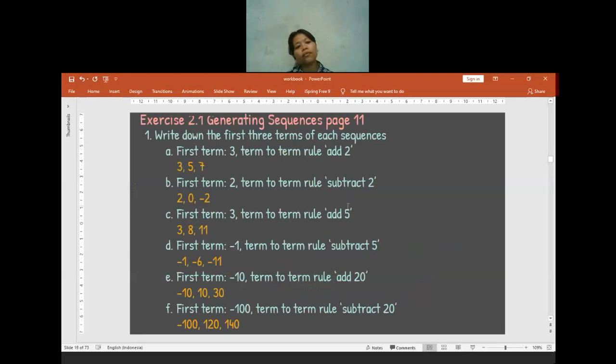For exercise 2.1, page 11, write down the first three terms of each sequence. The first term is 3. The term-to-term rule is add 2. So I have to write down the first term. The first term is 3. And then to get the next term, I have to add 2. 3 plus 2 will be equal to 5. For the next term, I have to add 2 again. That's why I will get 7. And then for question B,